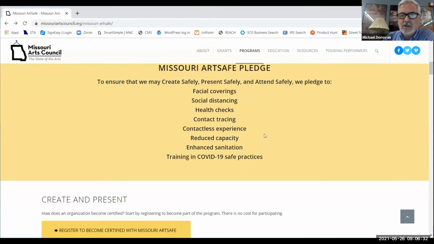The health checks change, as I had already suggested. Contact tracing may or may not be viable within your area. The contactless experience, this was the thing that was heavily emphasized at the beginning. And you saw groups doing very frequent sanitation protocols, fogging, things like that. I think a lot of that has dialed back. We're still being cognizant of the need to keep things clean, and keep people off of touching things that they don't need to touch,